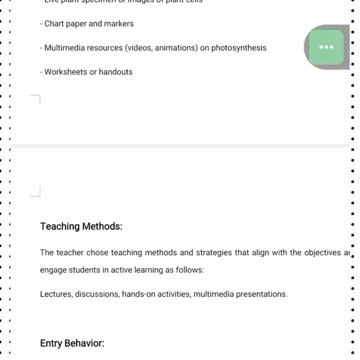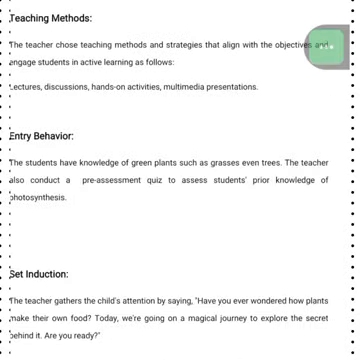Then the next one is the entry behavior. Under the entry behavior, that is where I stated the prior knowledge of the students. That is what the students already know before now. As you can see, I said that the students already know some green plants such as grasses and even trees. Then also, I indicated that the teacher conducts a pre-assessment quiz to assess students' prior knowledge of